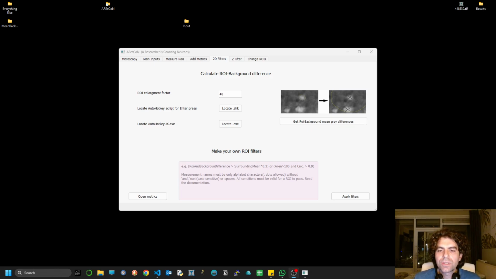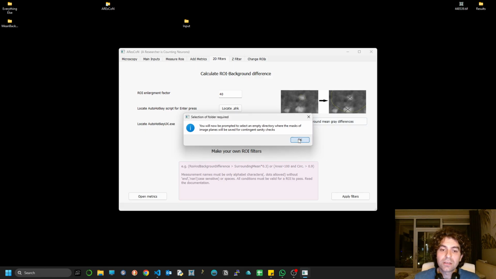So now we're ready to start getting the ROI background mean gray differences. We've set the enlargement factor, and we've selected the script and the executable file of AutoHotkey. As always, make sure Fiji is not open, and then just click. Now you're